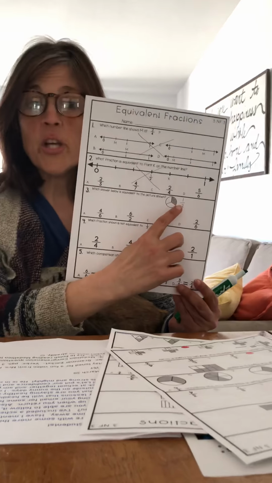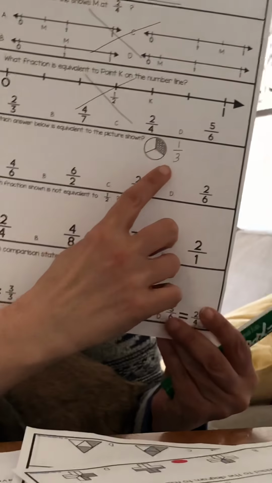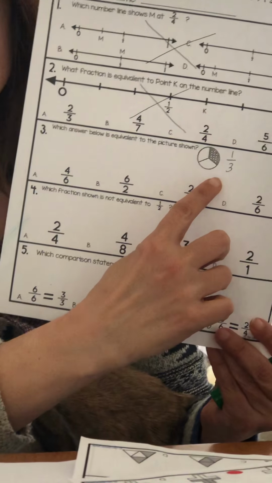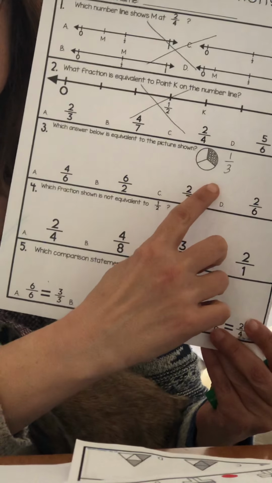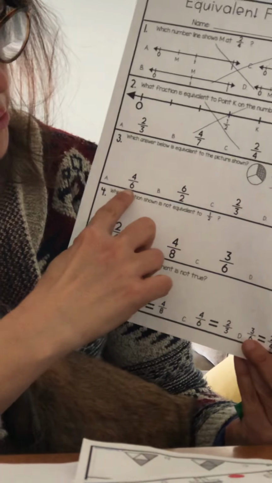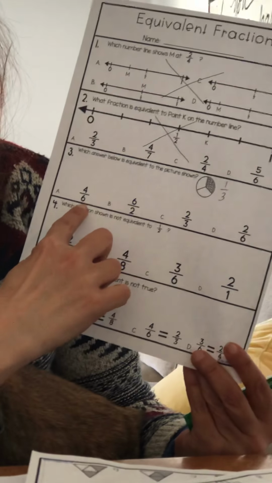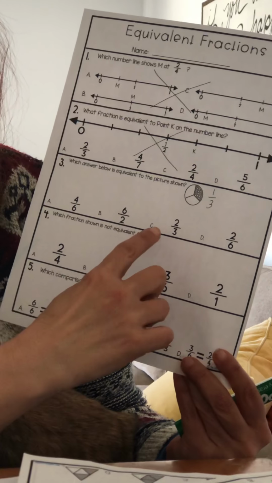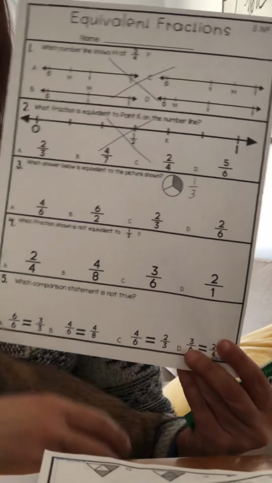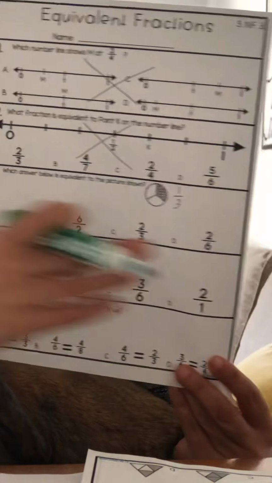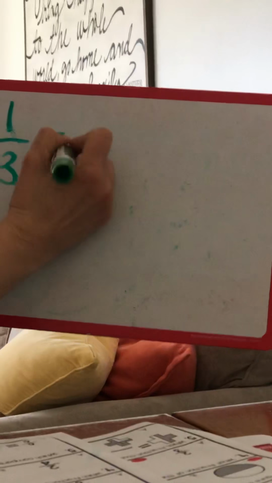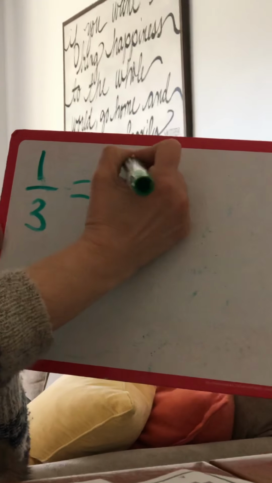If you look at the fraction here, we have 3 parts of a whole, and one of those parts is shaded in. So obviously our fraction here is going to be 1/3. We know how to do that easily. And then here are your answers for your possible options: 4/6, 6/2, 2/3, or 2/6. So how you're going to set this problem up is you're actually going to go like this: 1/3 is equal,